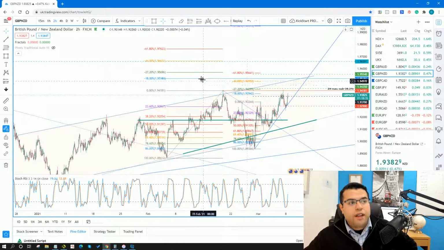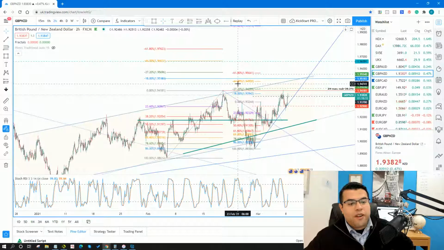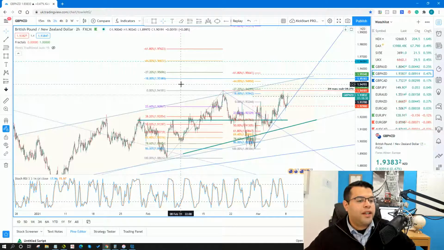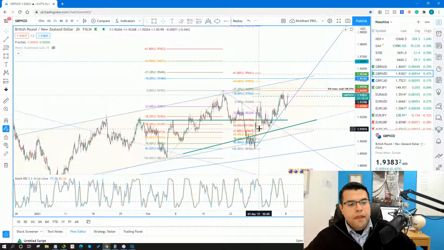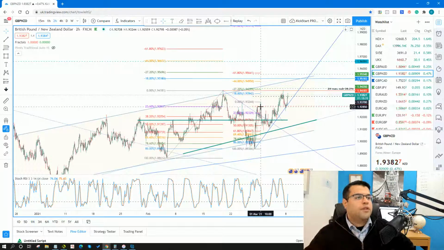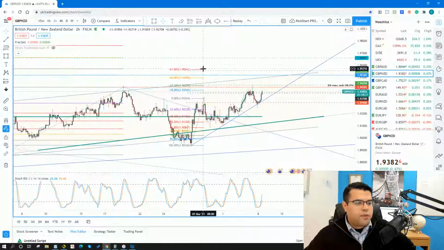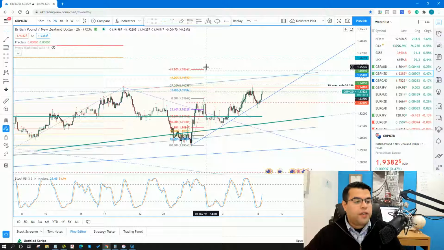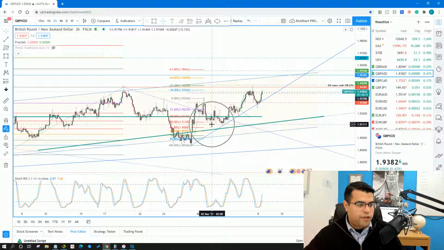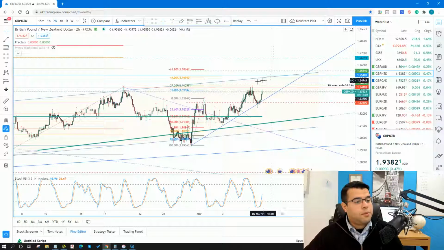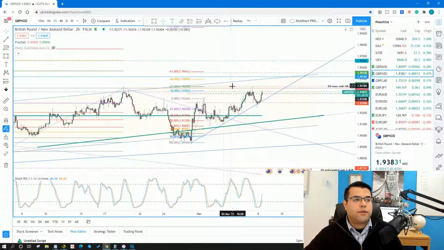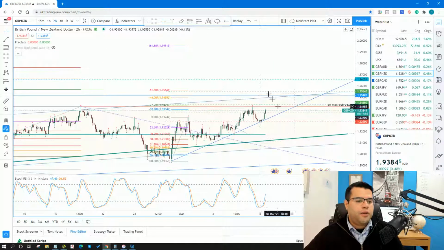I even have it labeled here. I'm actually targeting 95.18, which is the 118 parent D extension. I can go even further than that to 95.54. That's the child's sub D extension, which is this 1.618. And the reason I can go in here is because I've got a pullback right here to the 50, just shy of a 618/50 fib. So I'm looking for the buys. I'm looking for continued buys here, all the way up to those targets.